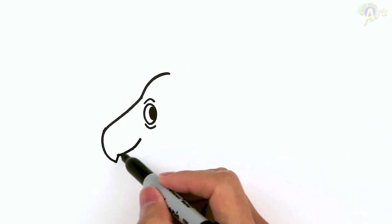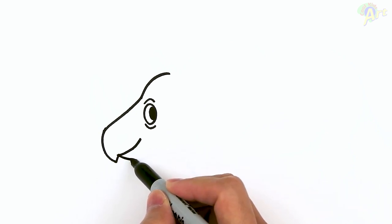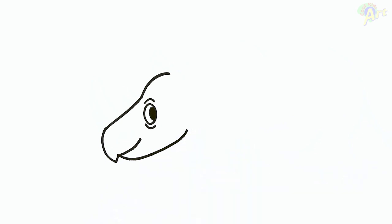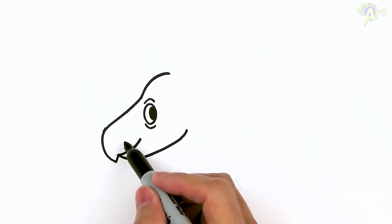Okay, so then from the mouth right here, let's draw in the bottom. So go back up here. We'll just curve down. Alright, so that's gonna give us the overall head shape, and now let's just go ahead and finish up the